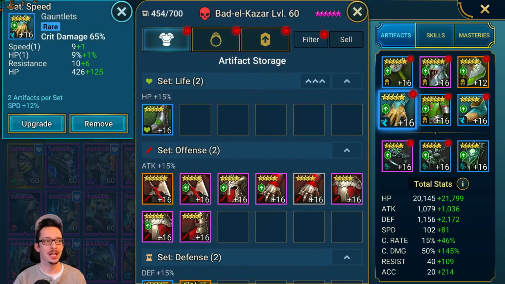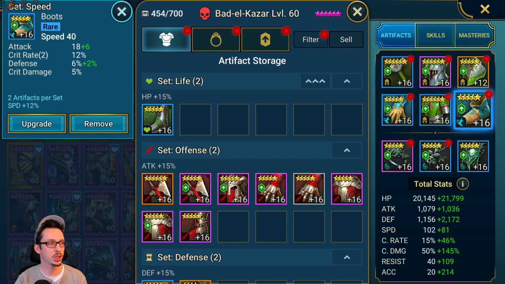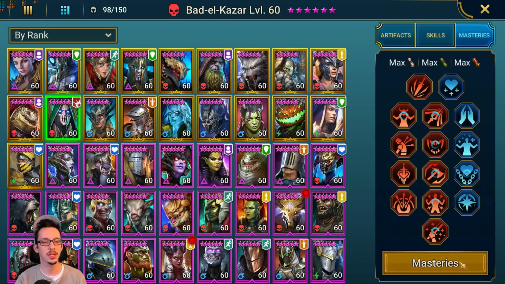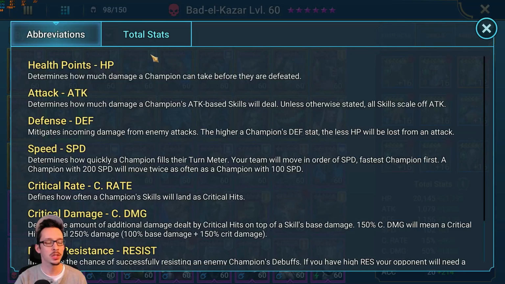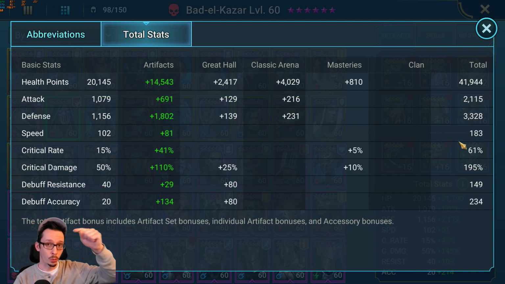The next one is our Battle Khazar, which is also not that impressive, but also in Stalwart. Okay, so this guy has crit damage gloves. I know it might sound a little bit crazy. I could do defense percent here, but he does not die first. He never dies first with this. We have a 6-star defense chest, speed boots, defense, accuracy right here. All the skills are done on this guy. Masteries, here they are. We have War Master into the support tree. This could maybe be optimized a little bit. If you guys have a better build for masteries for me, do let me know. So for total stats on this guy, we have 42k HP, 3.3k defense, but in stalwart, 183 speed right now,